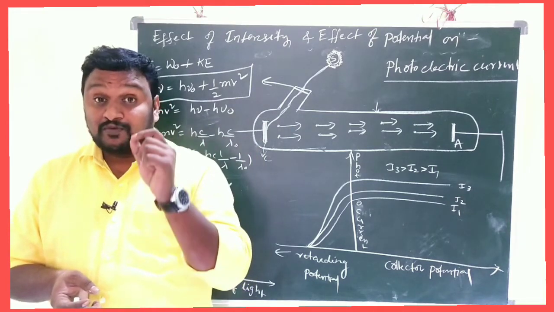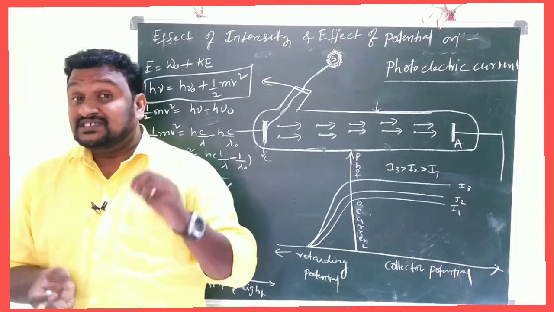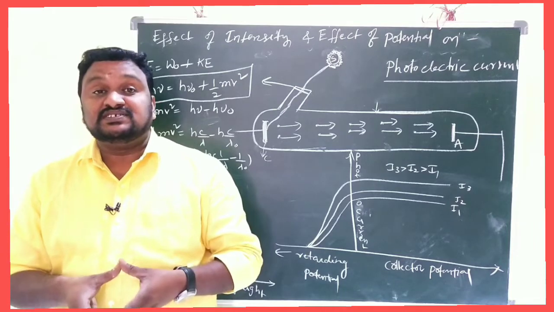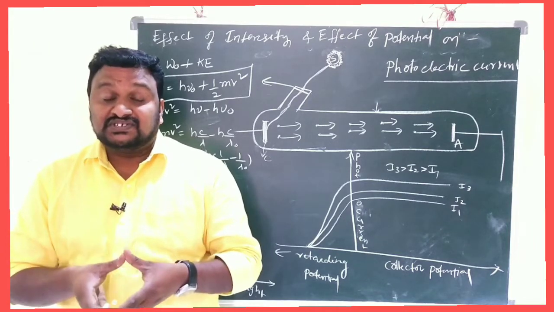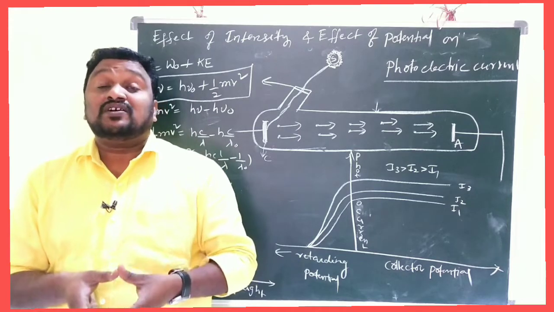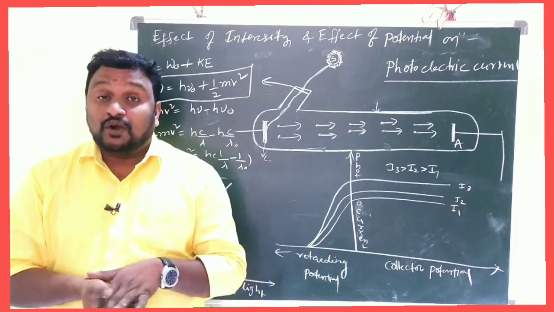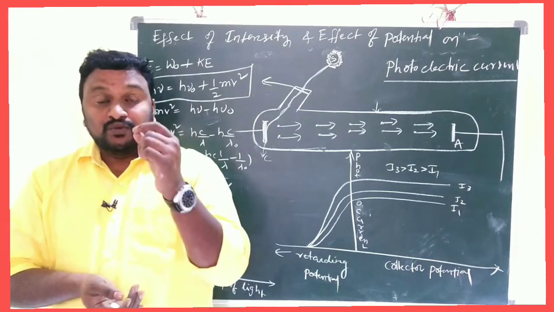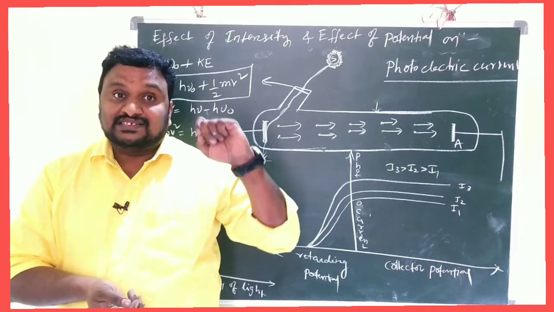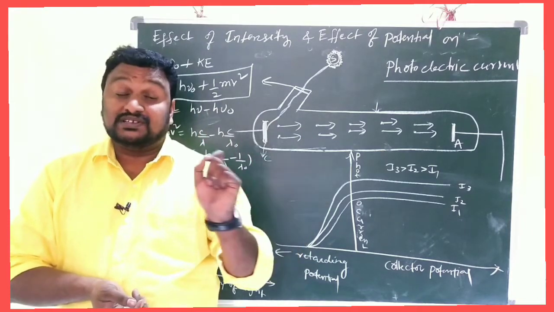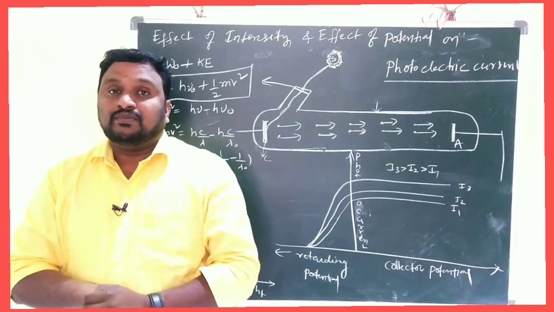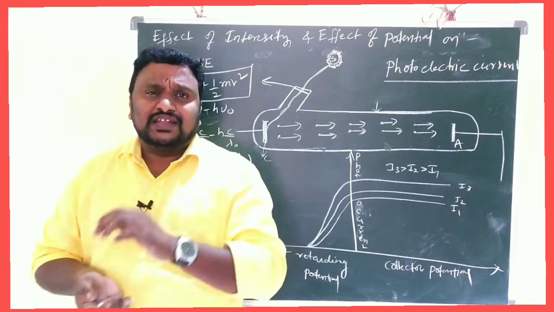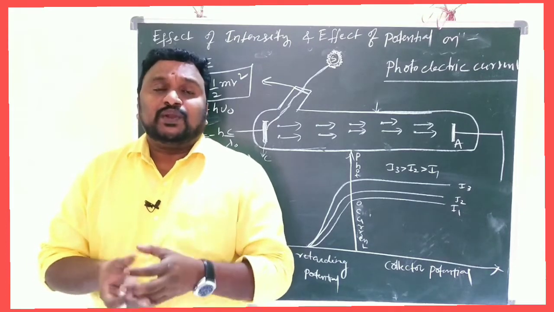When a certain amount of light energy is falling on the metal surface, then the electrons are liberated from the metal surface. Those electrons are photoelectrons, and that stream of electrons is what we call photoelectric current, and that phenomenon is what we call photoelectric effect. If you want to understand that, I explained the same concept in the previous video, you must watch it.